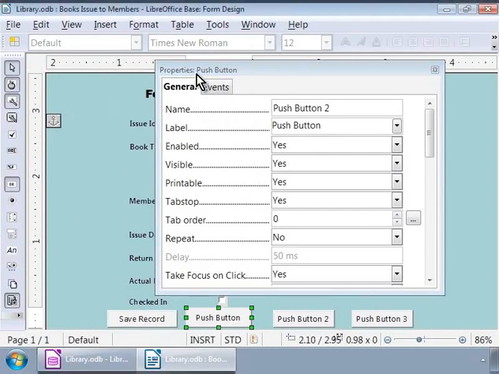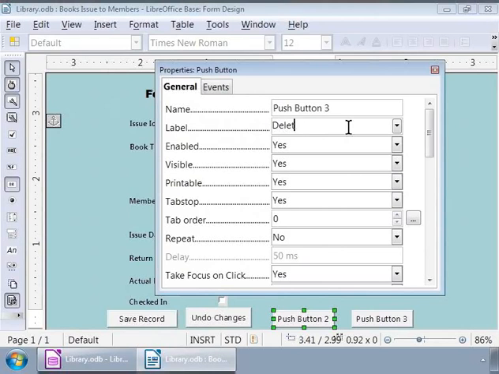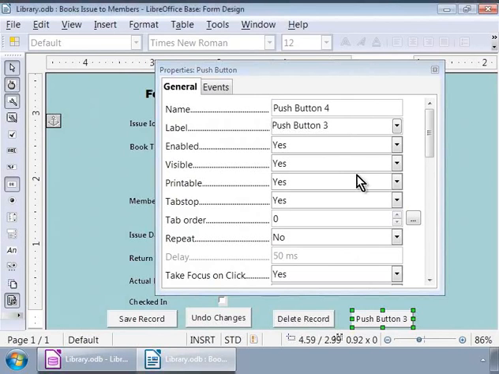And in the Properties window, we will type Undo Changes against the label. For the third and the fourth buttons, let us type Delete Record and New Record respectively.